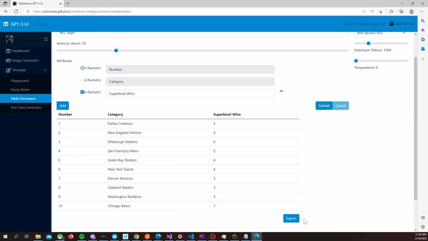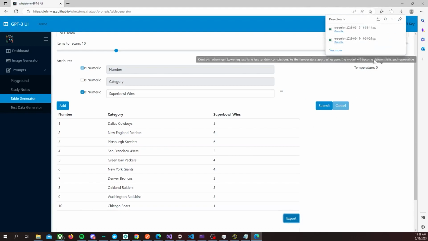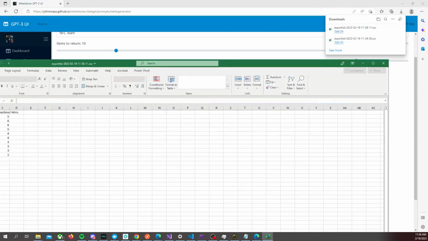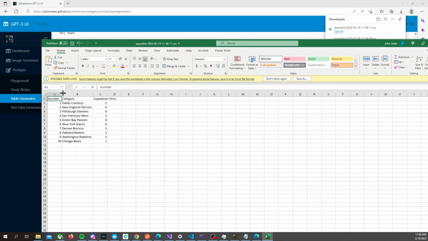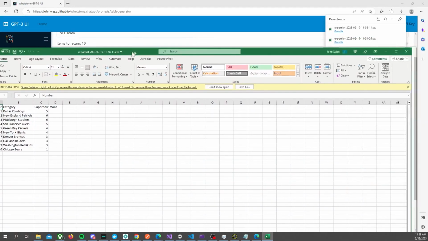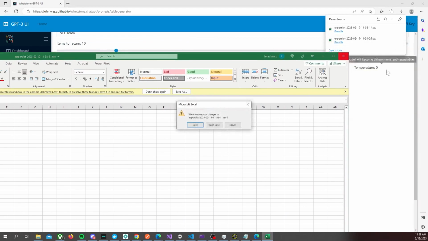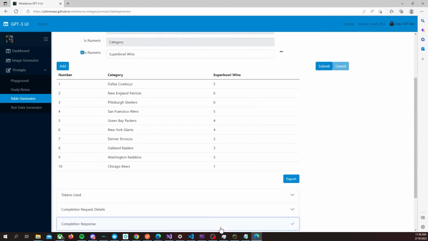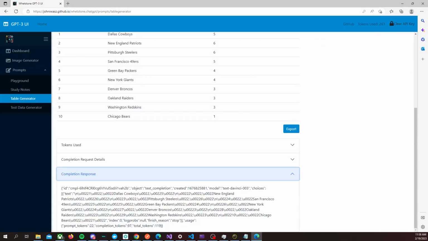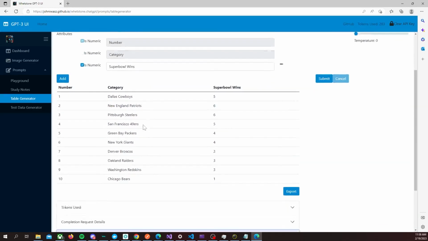I can export this into a CSV file. And there we are. And take that and import that into another program, use it wherever we need. And we can take a look at the completion response. It doesn't look very user-friendly, but of course there's some code behind the scenes that molded it into a table